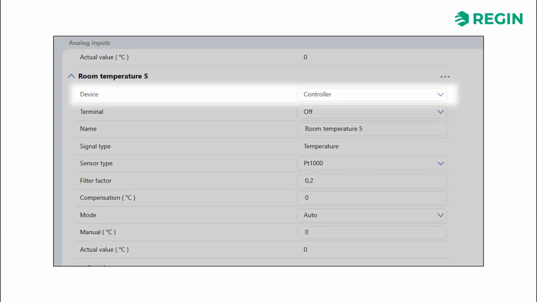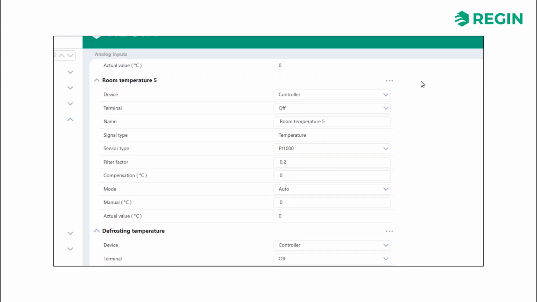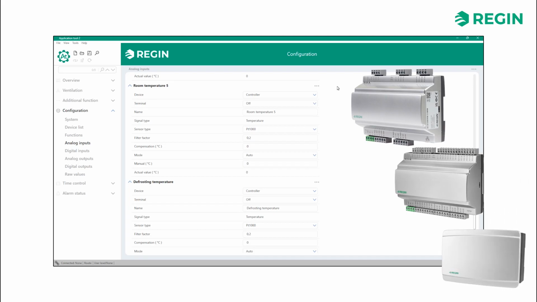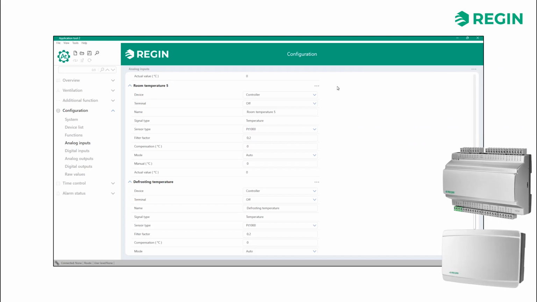Each post has a device variable. As configured so far, we only have the controller option available, since we are only working with a single controller. However, the Corrigo can be connected to expansion units in order to add more inputs and outputs.